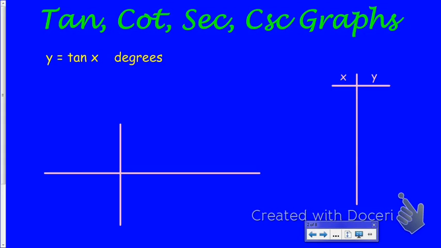Alright guys, today we're going to be looking at all of the trig graphs that we have not used yet. So there's going to be tangent, cotangent, secant, and cosecant. So we're going to learn a couple new parent functions. The first one we're going to start off with is just y equals tangent of x, and we're going to